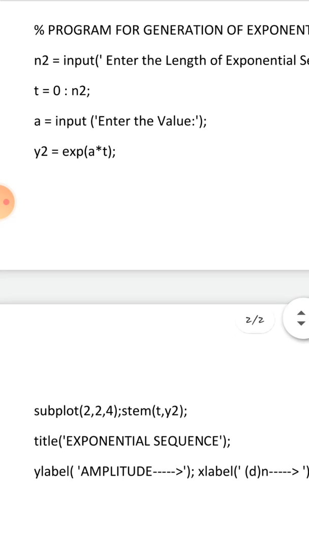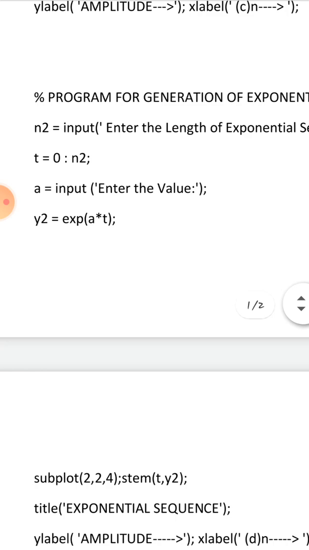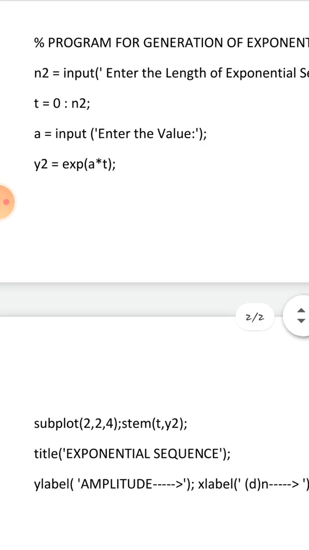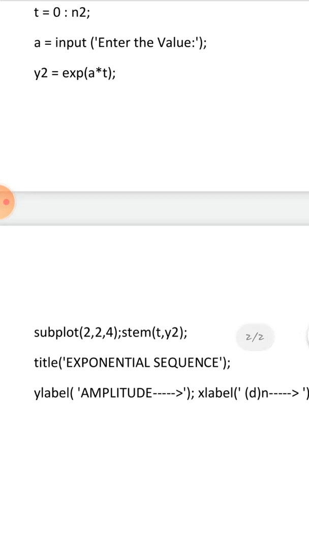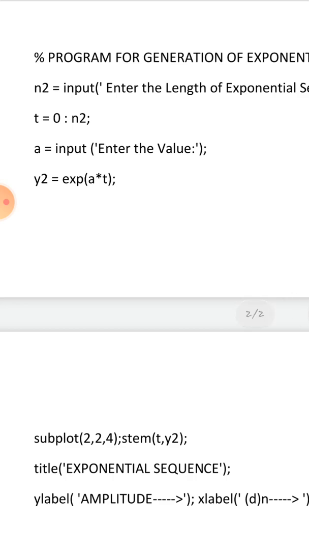Here there is a trick in plotting this exponential sequence. You should give appropriate values for a and t. The base value should be minimum, and then the power value should be greater than the base. Only when you give values like that will you have a curve like a pure exponential signal, or else your graph will be straight lines, or you won't get a proper output value. Now I'll show that while running this code in MATLAB.